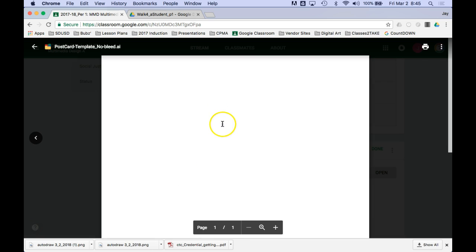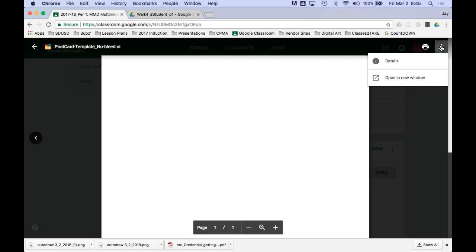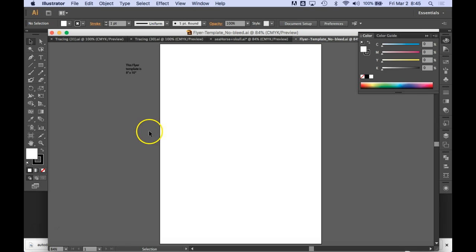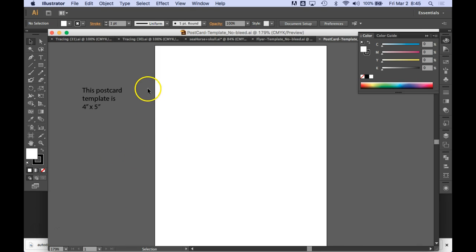By clicking the postcard template here, go to the three dots, which are the options, open in a new window, download this file. Again, my computer automatically opens these documents. On yours, they may download to the Downloads folder or to the desktop. So again, I'm going to go